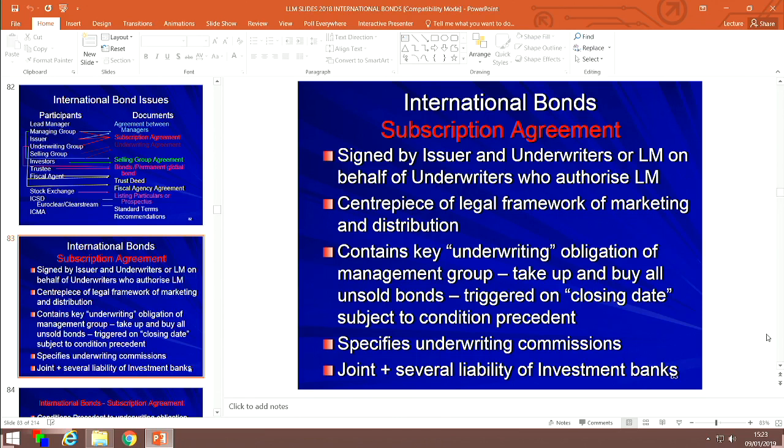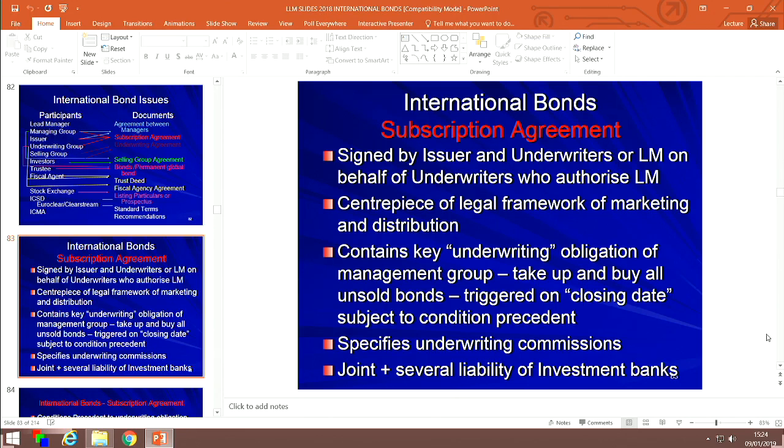The importance of saying the obligation is joint and several is this. The issuer has a right to ask any one of the members of the underwriting syndicate to take up and pay for all of the underwriting unsold bonds. That's fundamentally different from what you see in a syndicated loan. If you remember, in a syndicated loan, the banks are obligated to lend only that amount which they have agreed to lend. If one of the banks fails to lend, other banks have no obligation to make up the difference. That's not what happens in a bond issue.